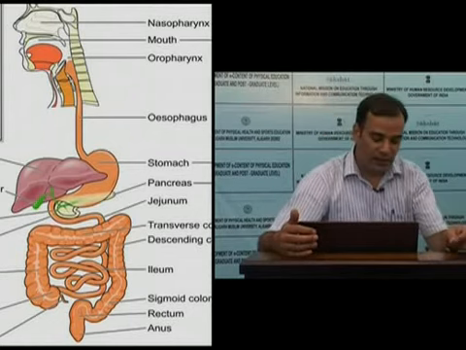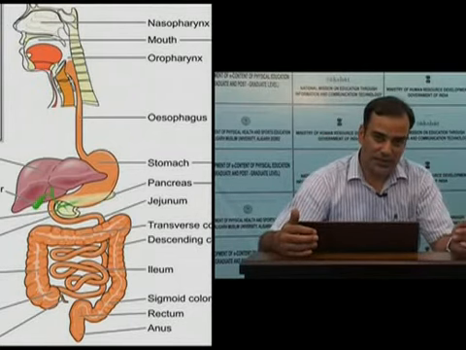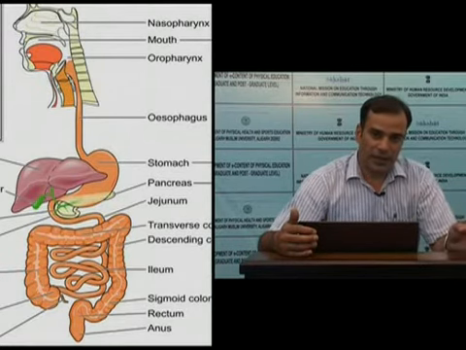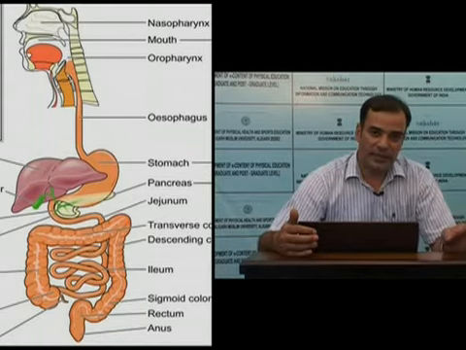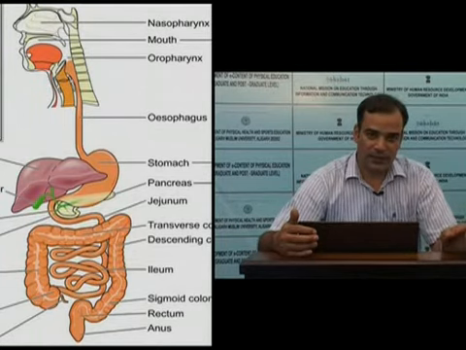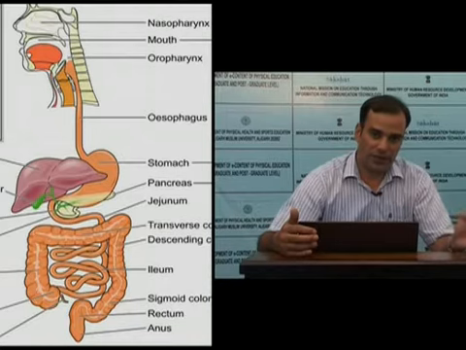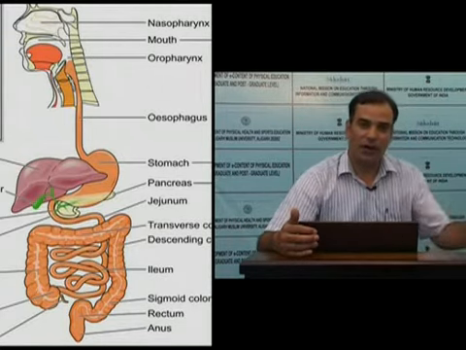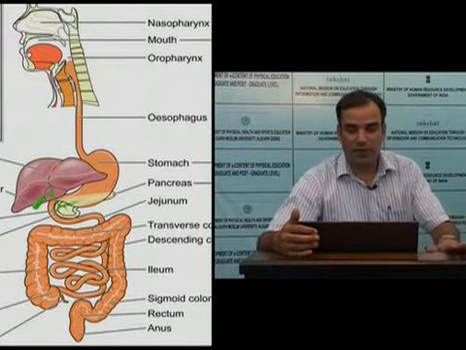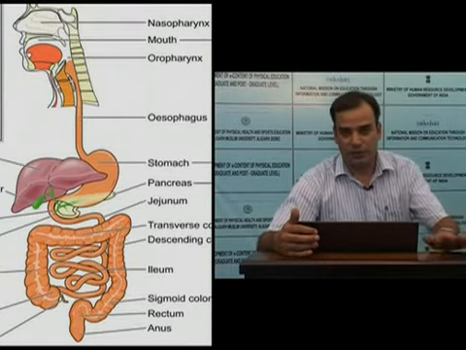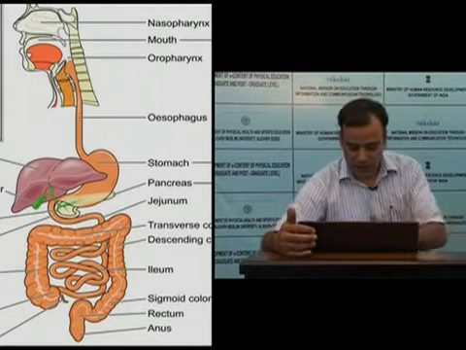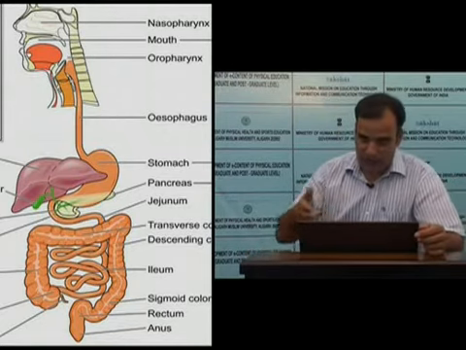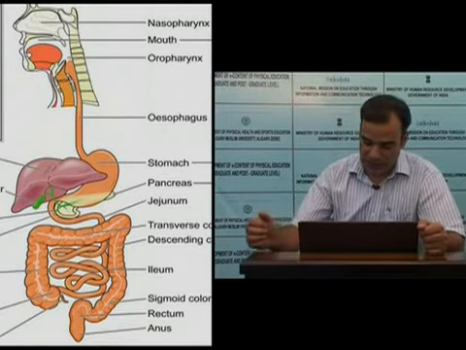Mucus is in fact a viscid secretion, which gives protection to the GIT and is secreted all along the GIT. There are mucus secreting single cell and compound glands which line the GIT from the mouth to the anus. So we can say the secretion mucus is secreted all along the GIT, and the main purpose of this secretion is protection. Mucus is not a digestive secretion. Here we will be discussing the digestive secretions only. So in the mouth, first there will be saliva, which comes from the salivary glands.